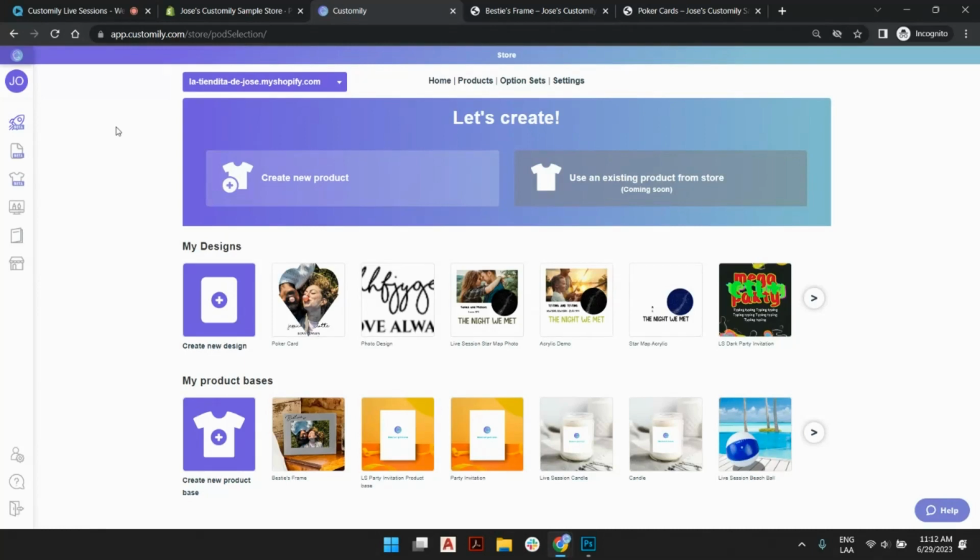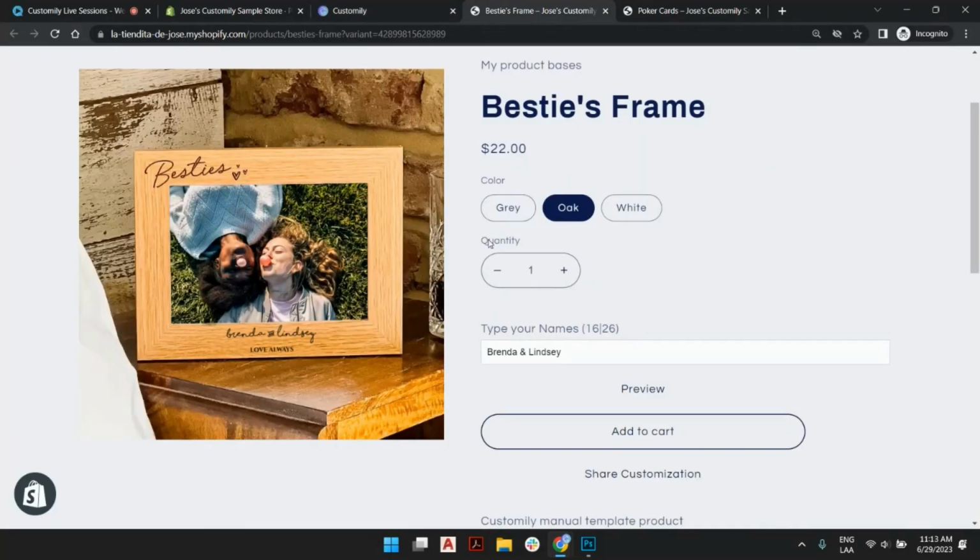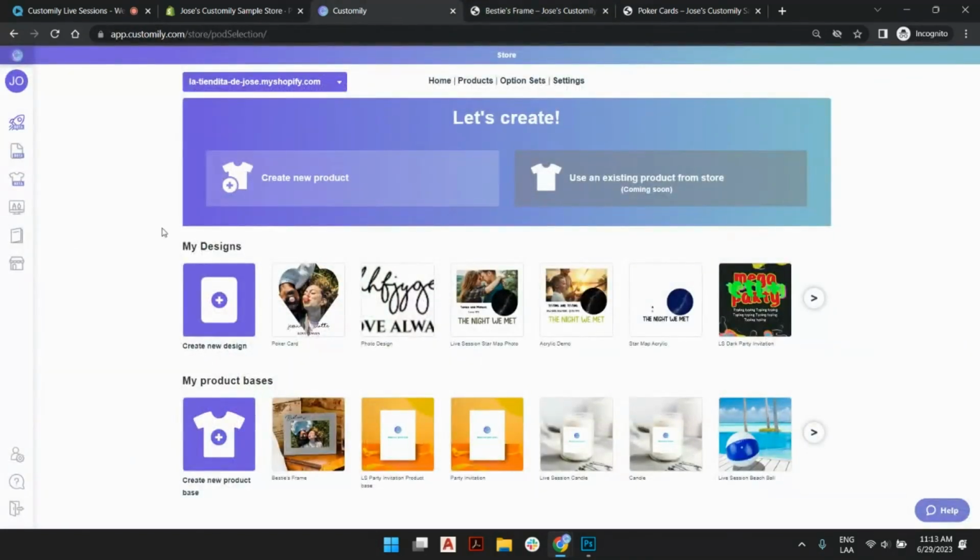So having that information will give us and give you the better path to take inside Customily. There are a lot of ways to go to the end result, which is the product live with the live preview and the options. But taking the right path will save you time and be the best suit for you. So I encourage you to follow the onboarding, to follow the checklist, and get acquainted with Customily. Also, watching live sessions will be a lot of help because you're going to land here in the main menu